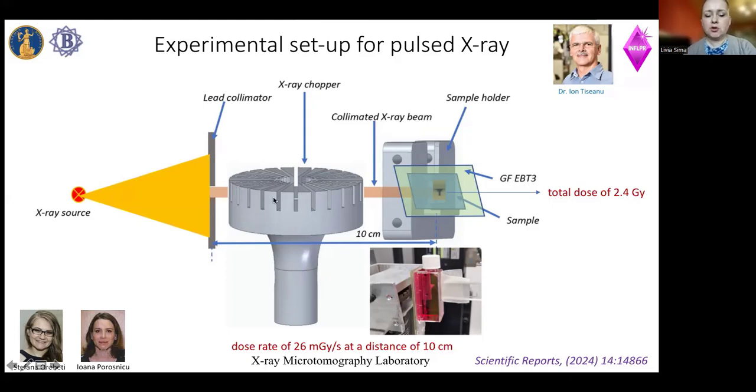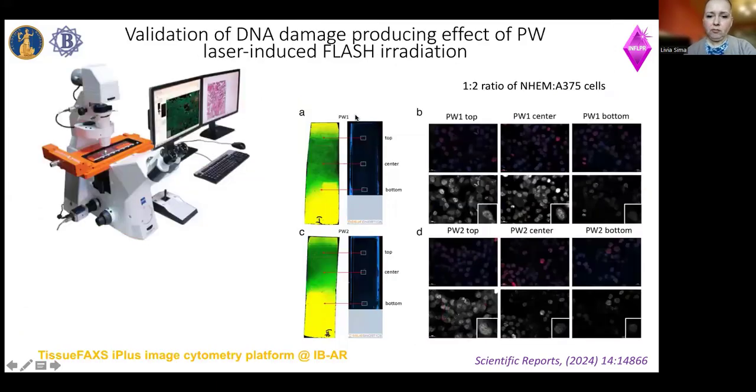And by using a rotating X-ray chopper, we can obtain short pulses of the beam of X-ray that is hitting the monolayer of cells in a T-shaped signature. We can then compare the preview obtained using a TissueFAXS instrument with a GAF-chromic film that shows the exact heat map of exposure to the radiation, and compare the profile of cells that are expressing phospho-γH2AX foci with the intensity profile of the dose that they were exposed